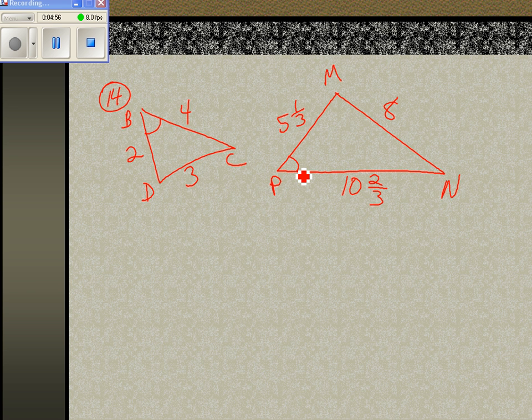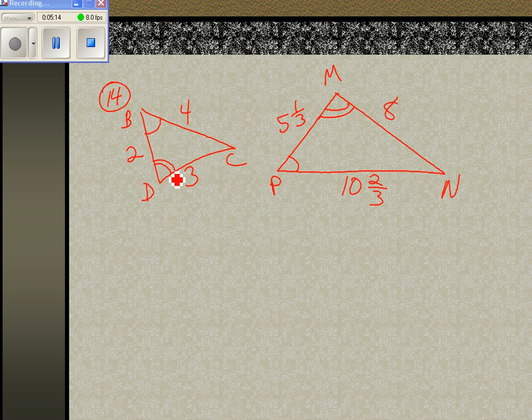Yeah, somebody wrote in my book, so I can't tell what the actual marks are. D. For these two figures to be similar,